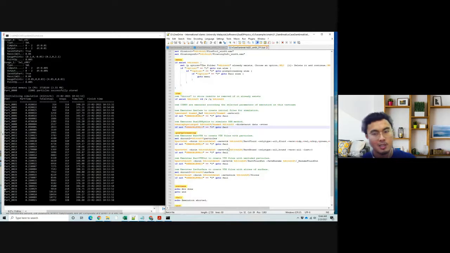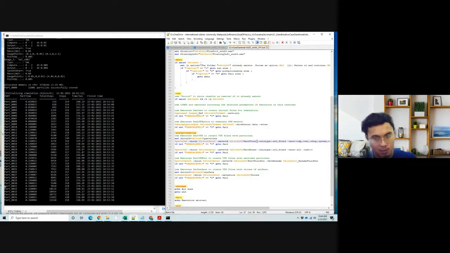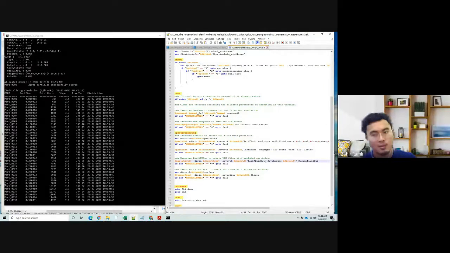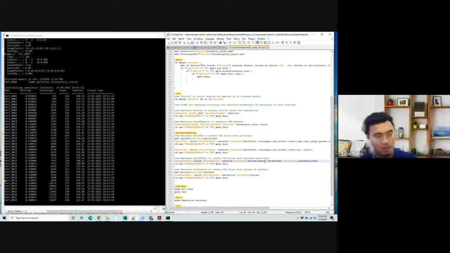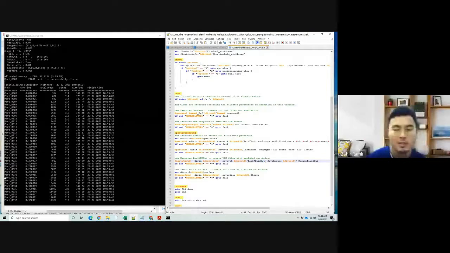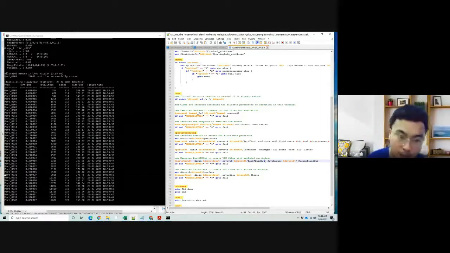So they akan create the part fluid, VTK, part bound VTK, part out VTK. So once dah keluar all these parts, you can read the VTK file